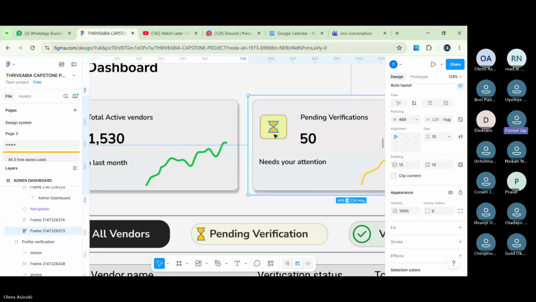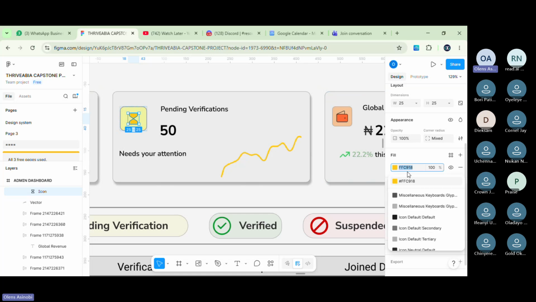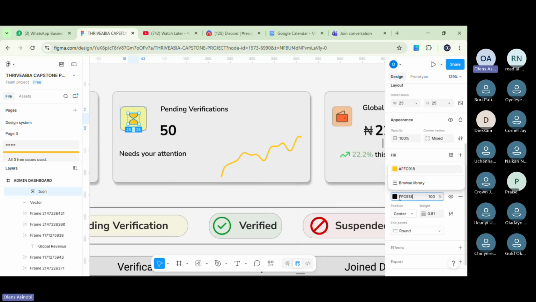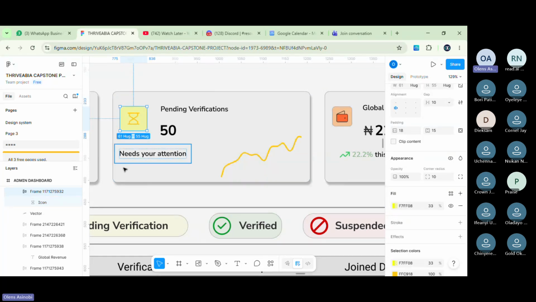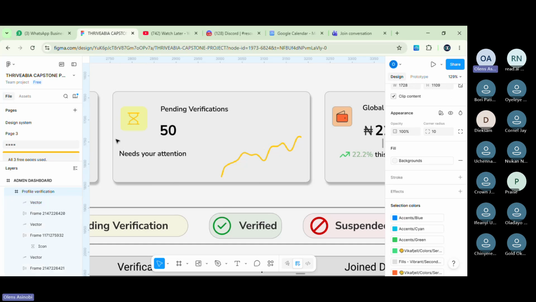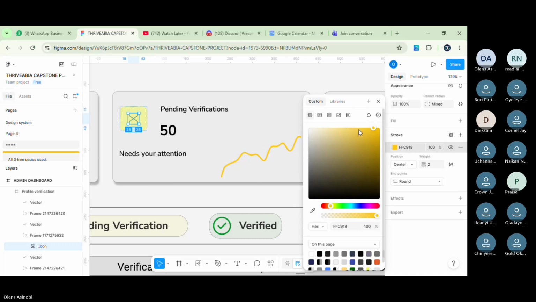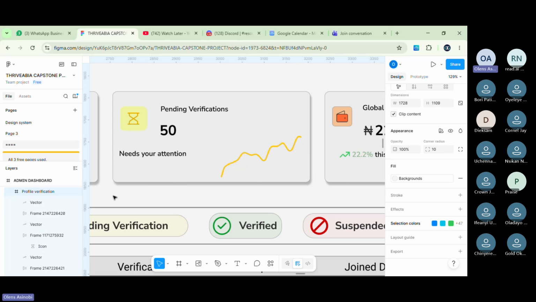Cornelius, are you there? Yes, I am. So personally here, look at this icon now. This color that you put here in the fill, copy it. Put it on this stroke. And then remove the fill. Then you now increase the stroke. Then this one doesn't need stroke of its own. Just leave only fill. You're doing too much. Now see, it's better. Only that you need to now make this one darker for the sake of contrast. Bam. Now do you see how it's looking already?